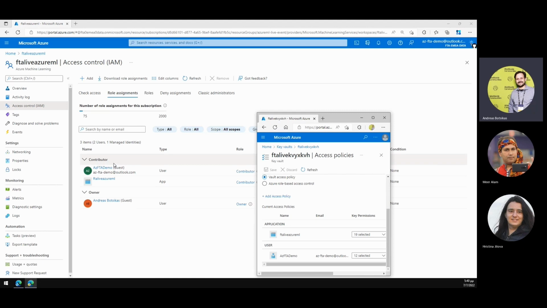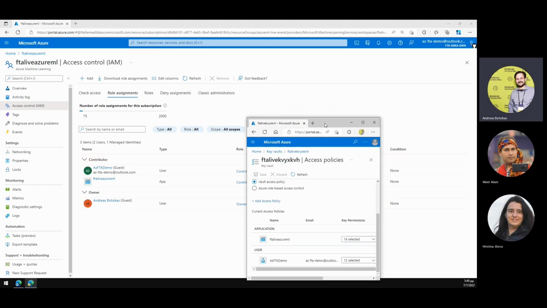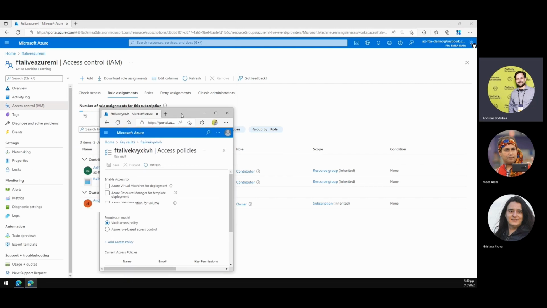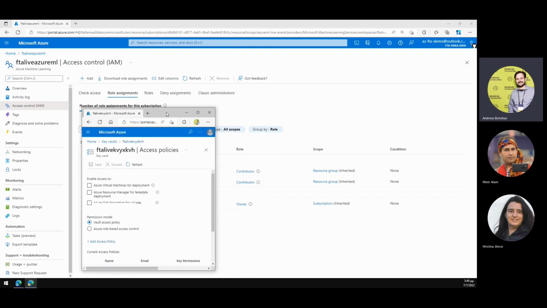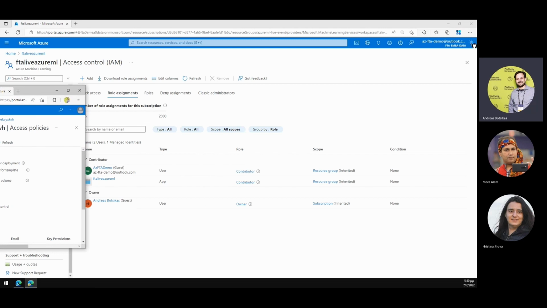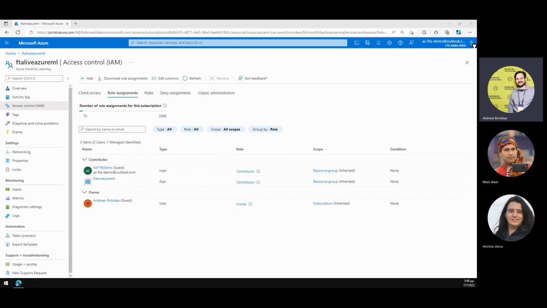This is the account where, as you can see, I'm a contributor, but I couldn't actually query the Azure Active Directory to find myself. Because I didn't have the permission to do that, right? I'm literally just a contributor within that resource group. And this is when I switched to Andreas Botsikas, which is the owner account of this subscription. And I was able to fulfill this assignment and give the AZFTA demo account permissions to see